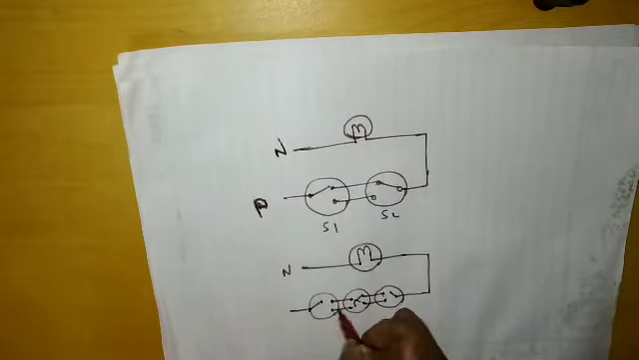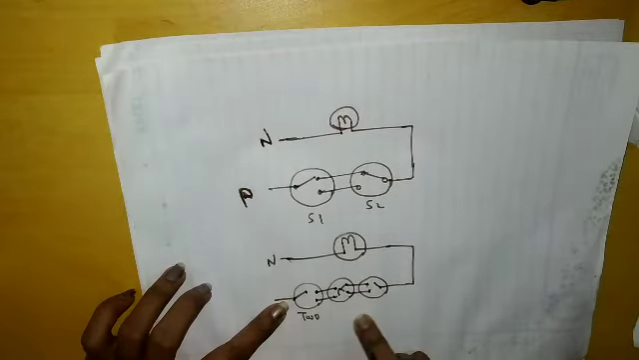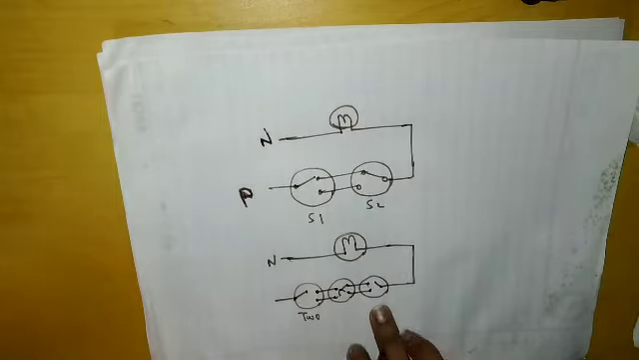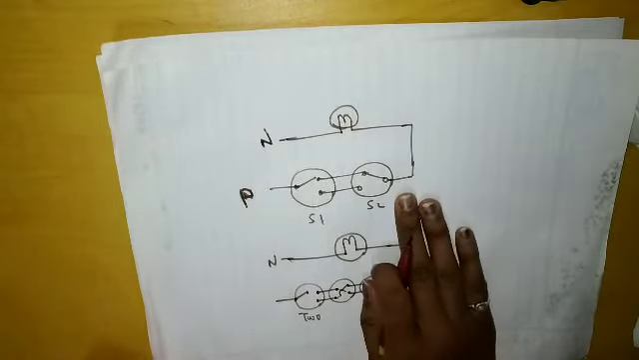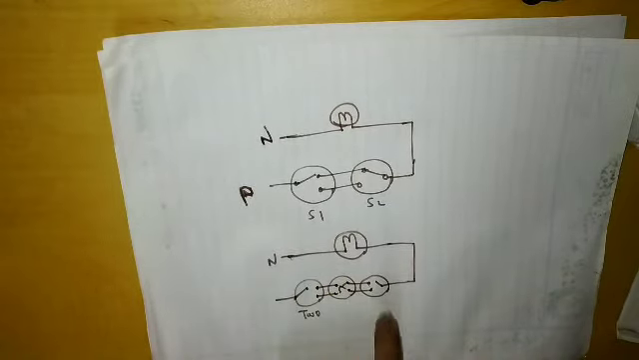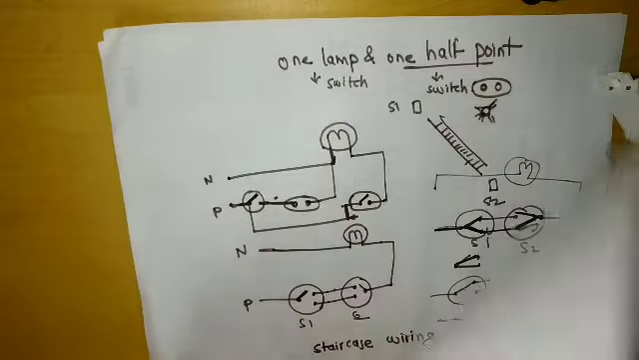This is the intermediate switch. So this is a two-way switch, and this is again a two-way switch. This is how we have to draw one lamp controlled from 3 places. That is, we have to use an intermediate switch here. So this is about the intermediate switch. Now we will see